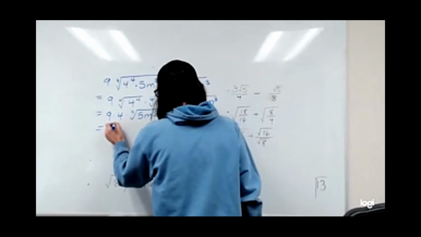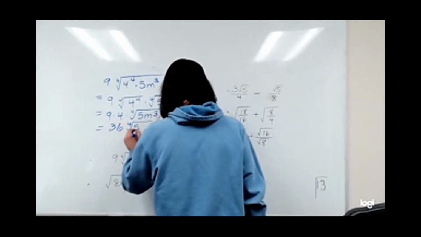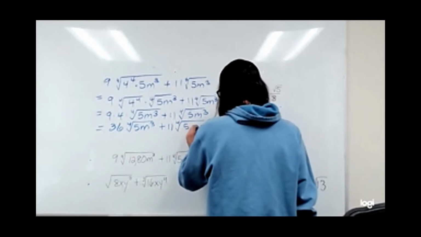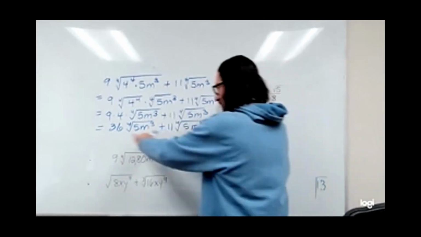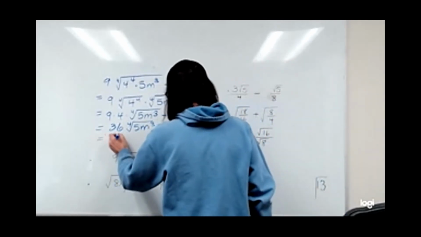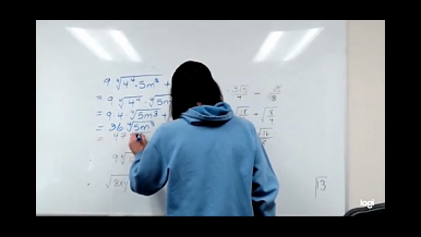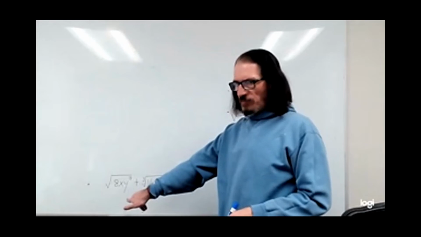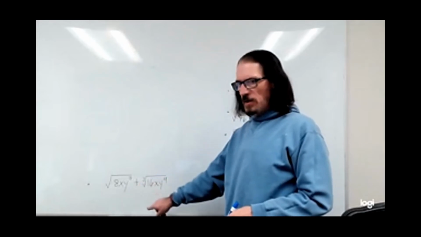36 when we multiply. And now we're looking at both of them are 4th roots with the same radicand. These are like radicals. We'll add the 36 plus the 11 to get 47 times the 4th root of 5m cubed. Although we have different indices here, we're not going to be able to combine,